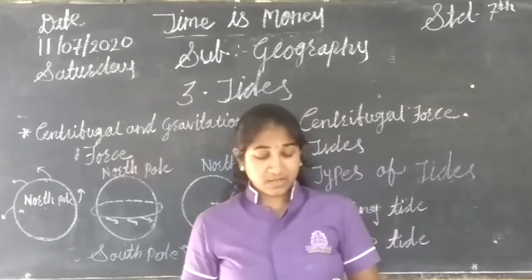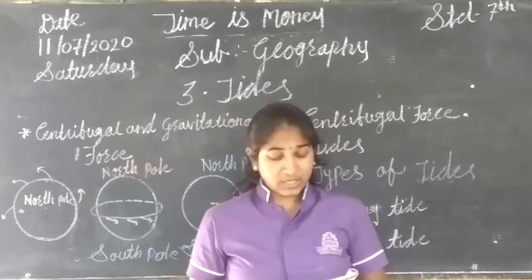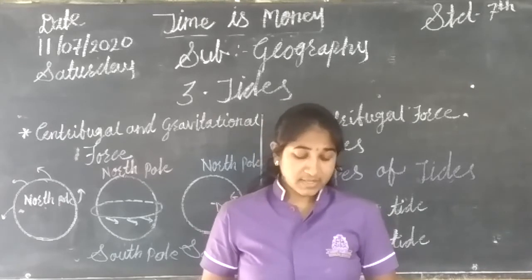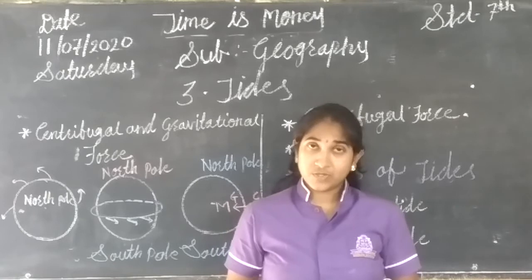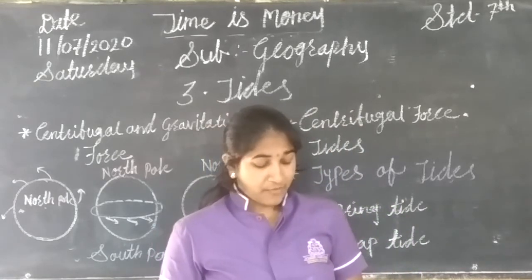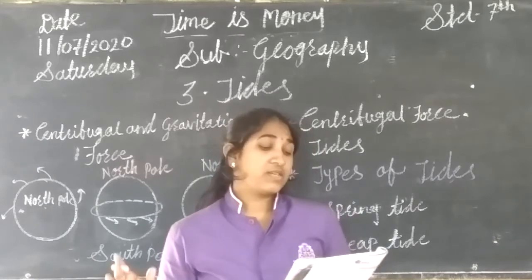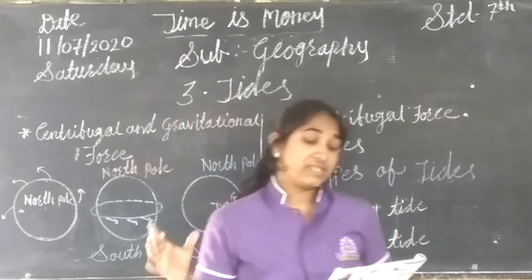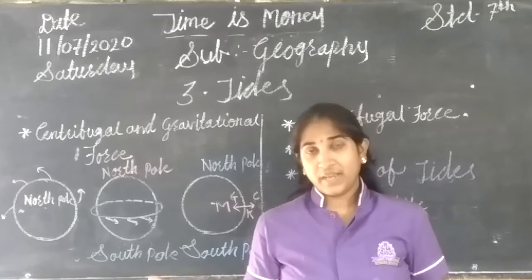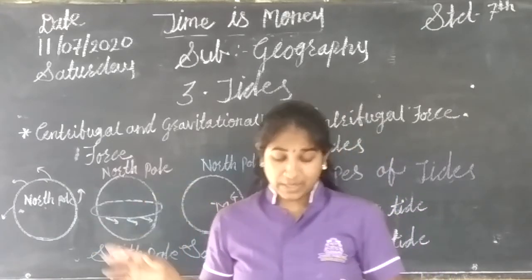Now, geographical explanation. Both the photographs show the same place. If you stay near the coast for some time, you will realize that the sea water is sometimes very close to the coast. That is given in figure 3.1a. While at other times, it is far away from the coast. See, in the first figure the water is near to the coast, and in figure 3.1b the water is far away from the coast. That difference we can see.